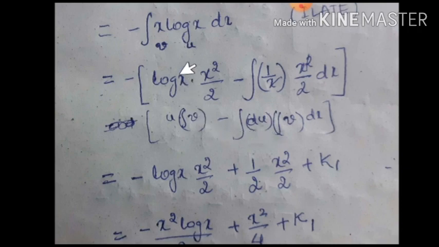So that itself I am applying. log x, u as it is I kept. Integration of x is x square by 2, minus derivative of u, that is derivative of log x is 1 by x, integration of x is x square by 2. Then here one of the x terms gets cancelled. So what is left out here is only integration of x. So integration of x can be written as x square by 2.